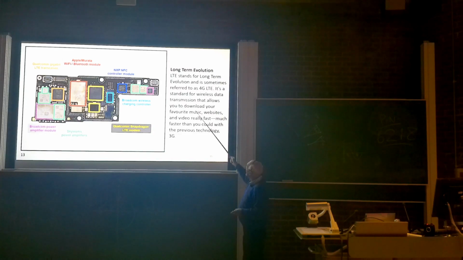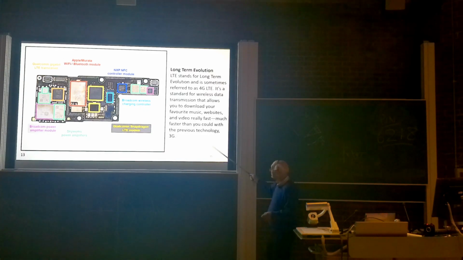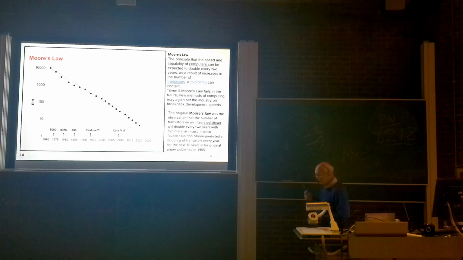It is so much faster. It gives you music and video really fast, far better than 3G. It was actually originally called 3G LTE, but it was actually a bridge to 4G. So that's the bits, and you can see the other bits and pieces on here. Different layout, except for, okay, the battery goes in there. So that gives you some idea of what it's like.